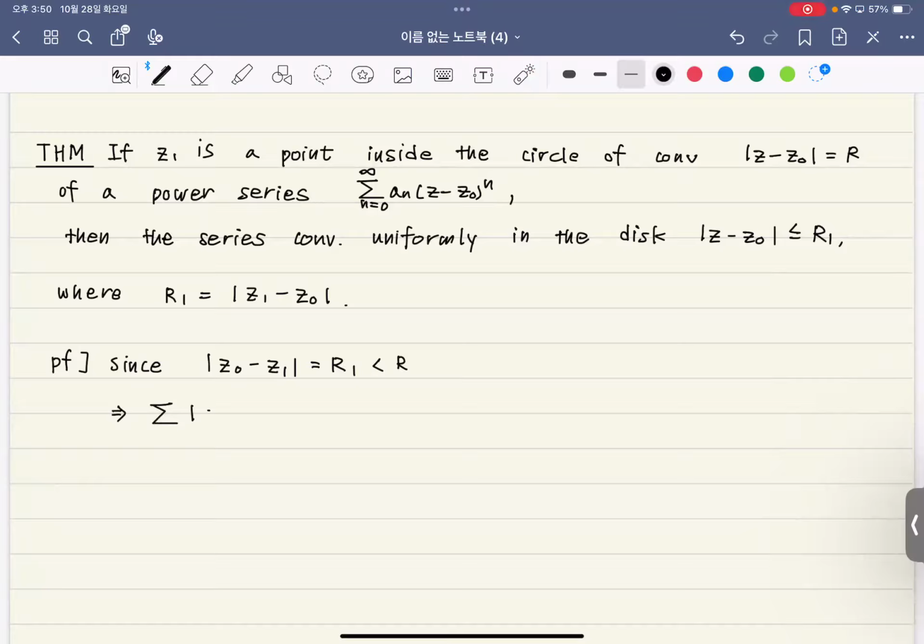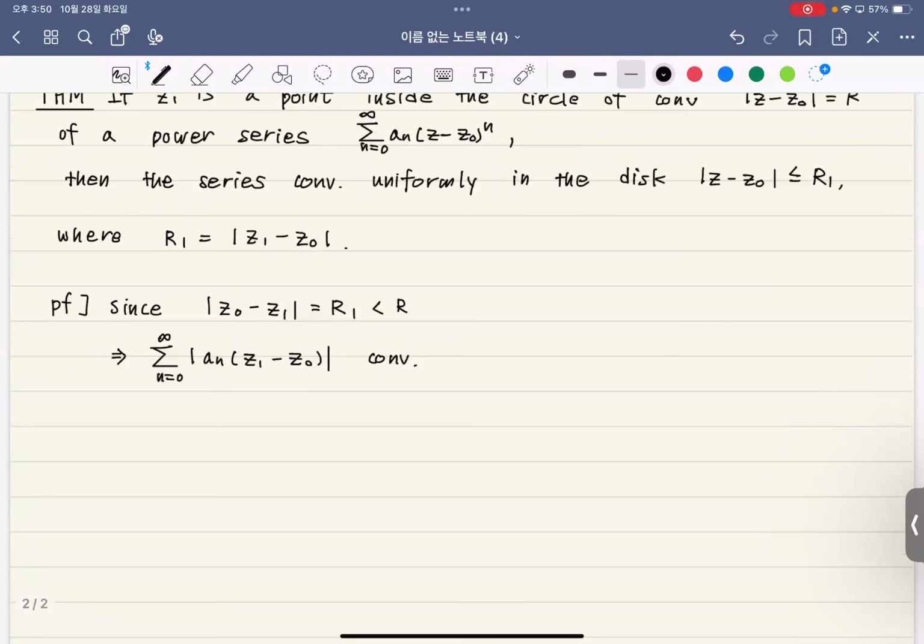So absolute convergence means the sum of the absolute values of a_n (z1 minus z0)^n from 0 to infinity should converge. This means for any epsilon, I must be able to find some integer N of epsilon such that if the index n is greater than this N of epsilon, then